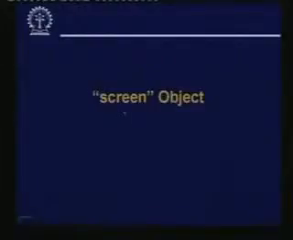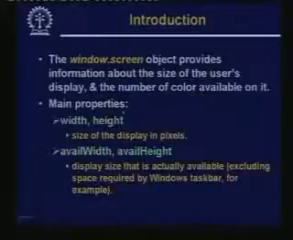Next, let us come to the screen object. Screen object, as I mentioned, this refers to the area where the document is displayed on the window. So, you just try to understand the difference between a window and a screen. You see,